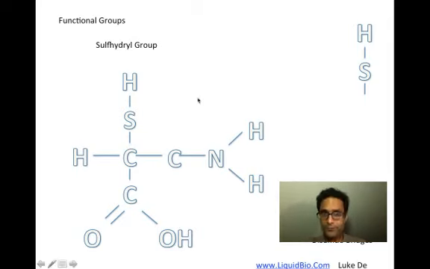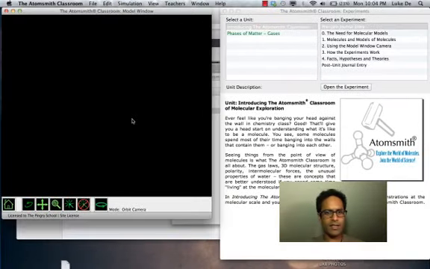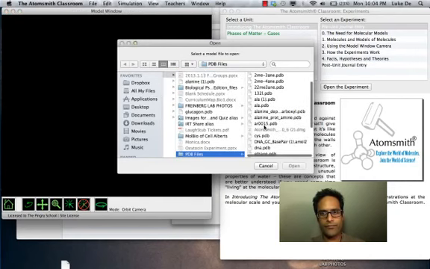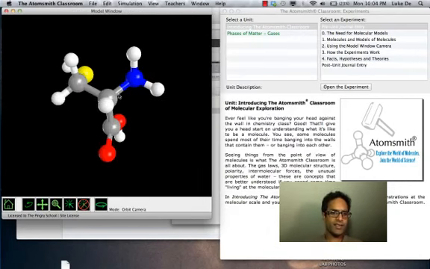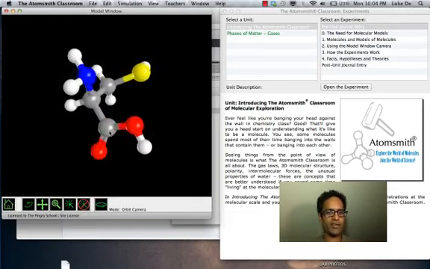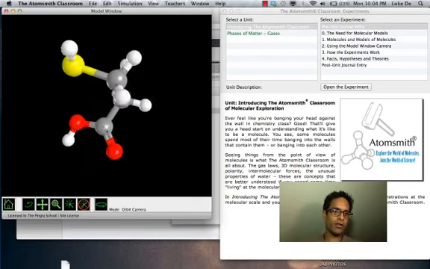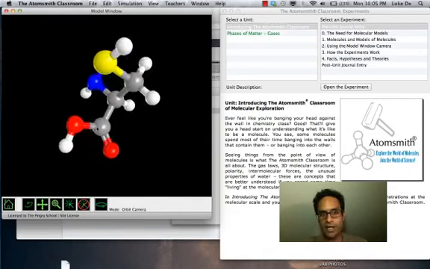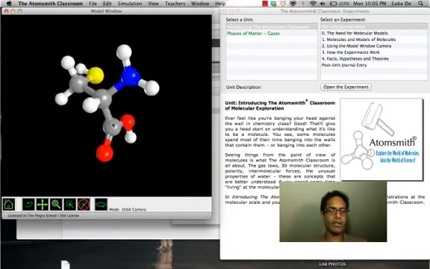And so let's try to figure out what the sulfhydryl group is. Now it's really important in one aspect, and I'm going to explain that in a second. So we don't need to examine it like we did the others, but let's just take a look at one of them real quick. So this is cysteine, and it's an amino acid. You should be able to tell pretty quickly whether this is in water, whether this is in air, whether there's lots of hydrogen ions around it, whether there's lots of hydroxyl ions around it,